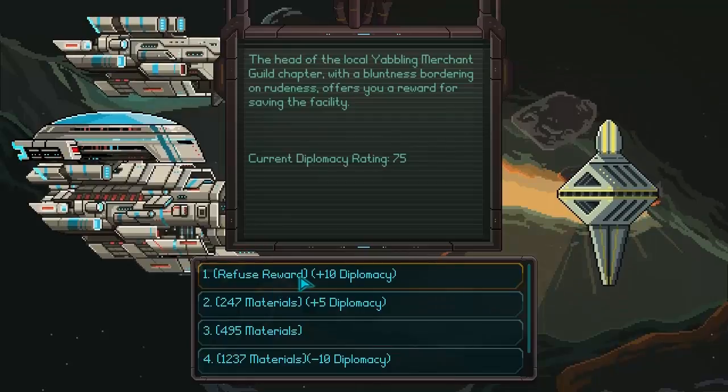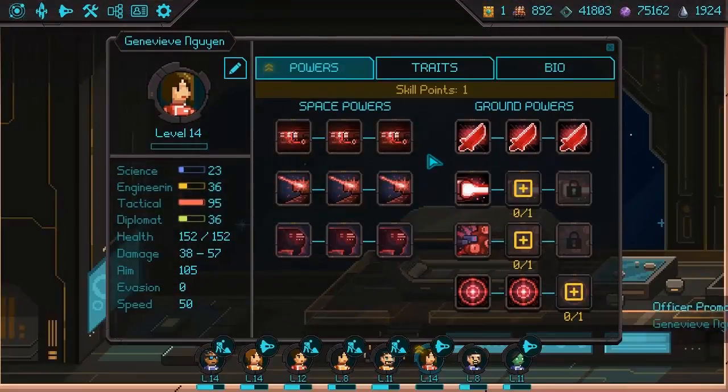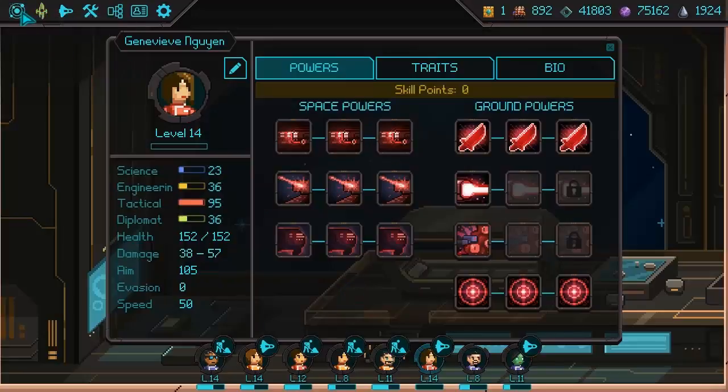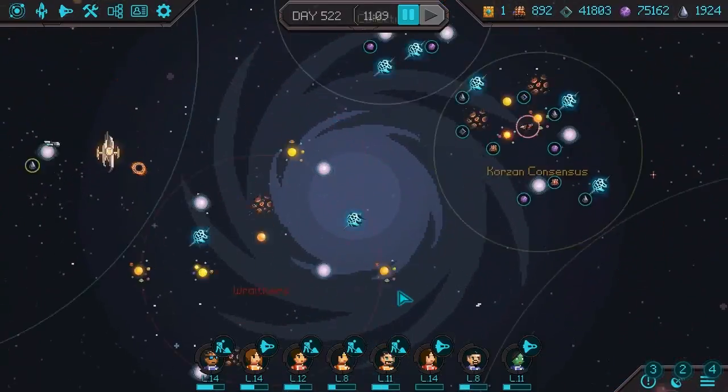Materials. I'll take diplomacy instead. Genevieve gets a level up. A promotion, I'm sorry. Where are you headed next? You are headed for...